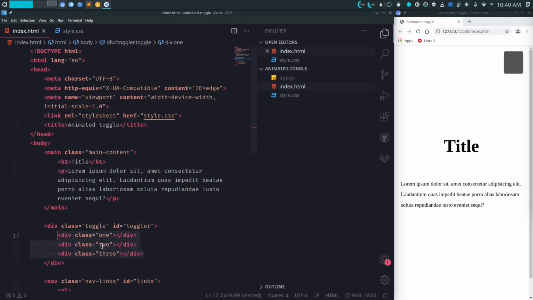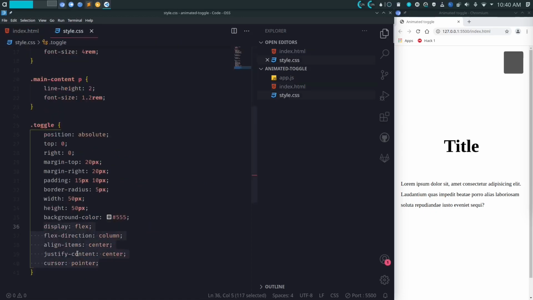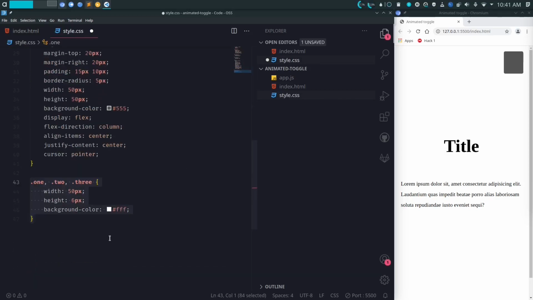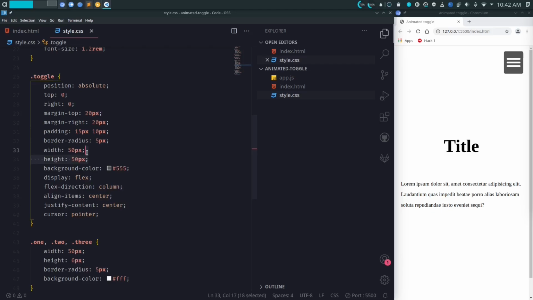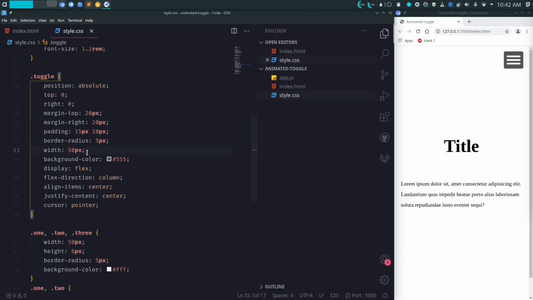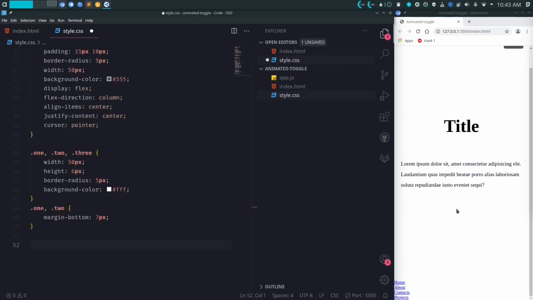These divs too need fixed height, width and color as they are not being rendered, and maybe some border radius too. It looks nicer with rounded borders. Right now they are on top of each other, so I will give margin bottom to the first and second one. Alright, now I can remove height from this toggler and now our menu is looking fine. Let's work on the navigation links now.